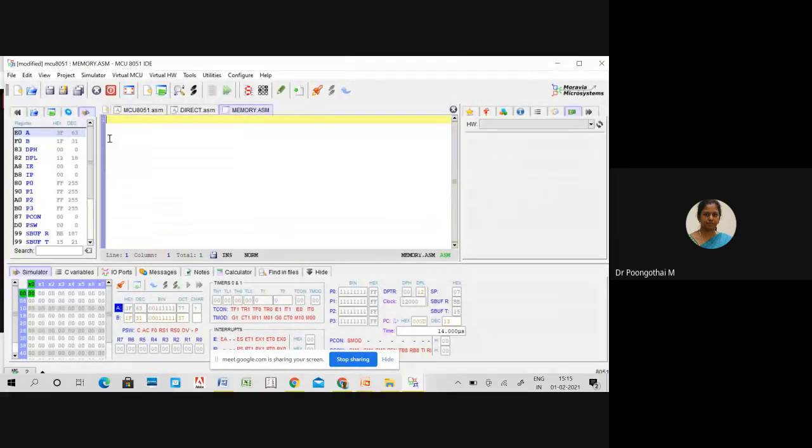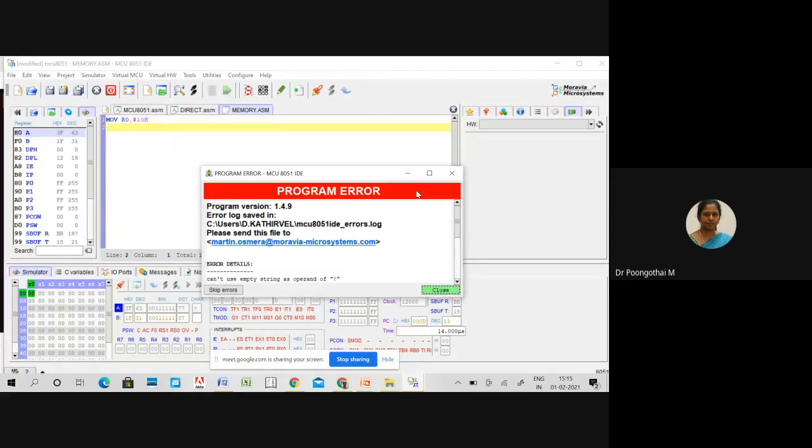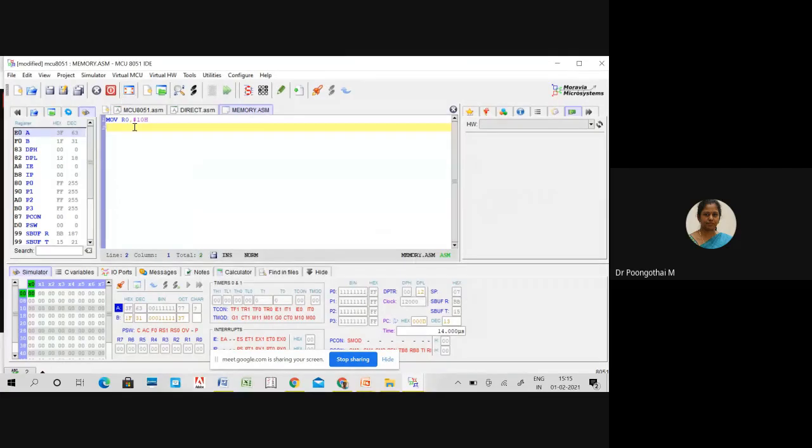So our first instruction, MOV R0, #10H. Next, MOV A, @R0.